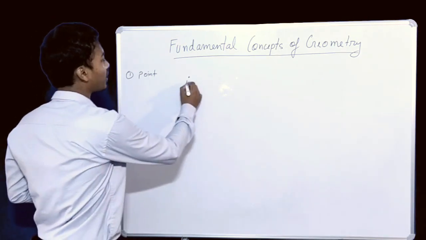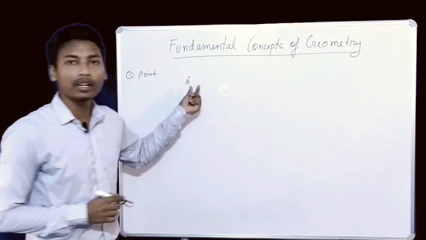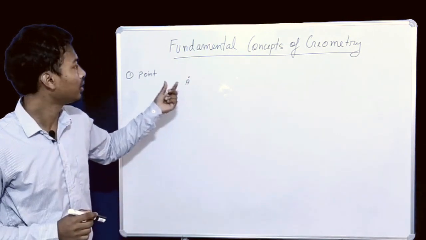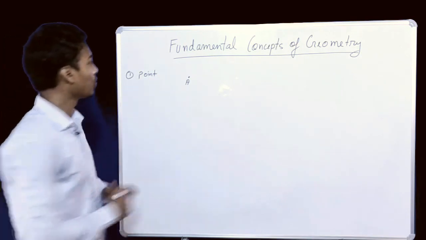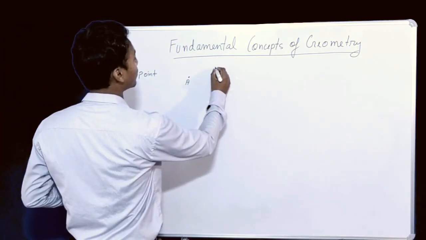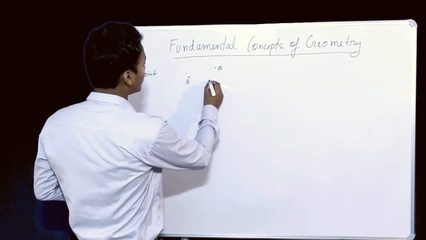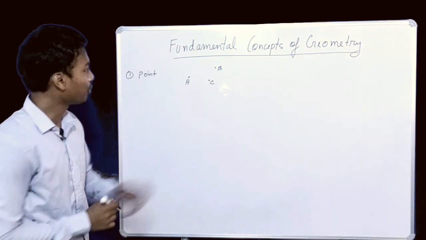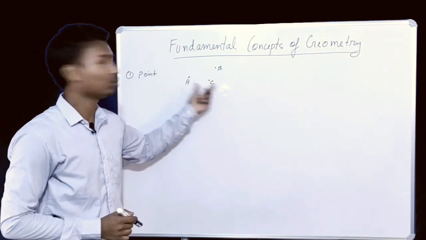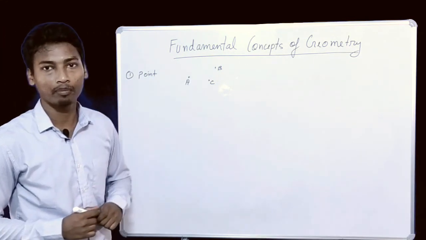Now we can name this point as A or any other name we can give. Now a point does not have a length or breadth, it only has a position. So if you place another point here, we can name it as point B. If we place point C here, so C has been positioned here. So you can only position a point, it does not have a length or a breadth.